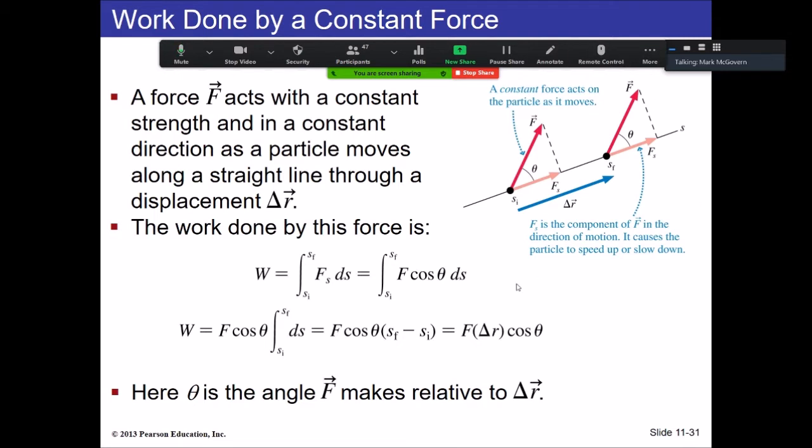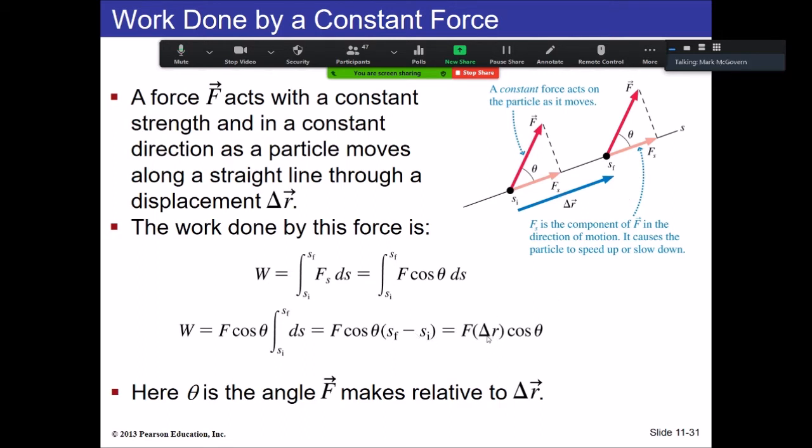So with that definition, to figure out what the force is along the direction of motion, we could simply take the component of the force. That will be an F cosine theta. F cosine theta is the F sub s. That's the force along the direction of motion. So we got an F cosine theta here. Now, assuming that's constant, that jumps out of the integral, F cosine theta. And then the integral of ds is just the distance. That's the simplest integral you can have, right? So it's just the distance. So this turns into F cosine theta and the difference between the positions, which I'm just labeling here as a